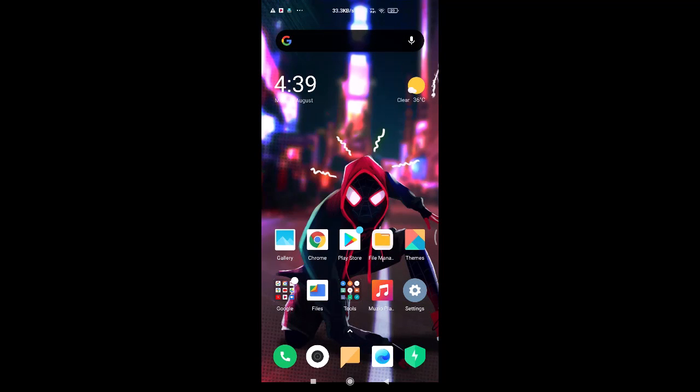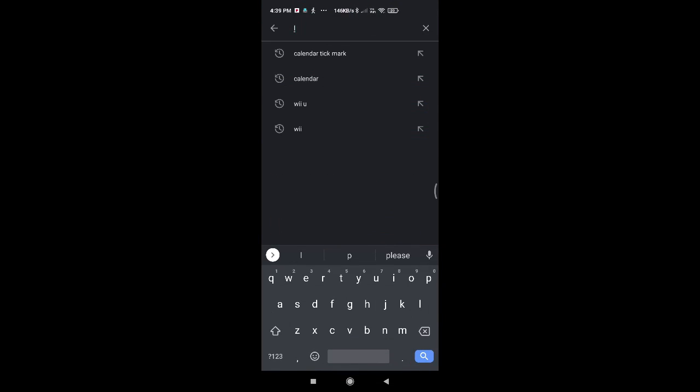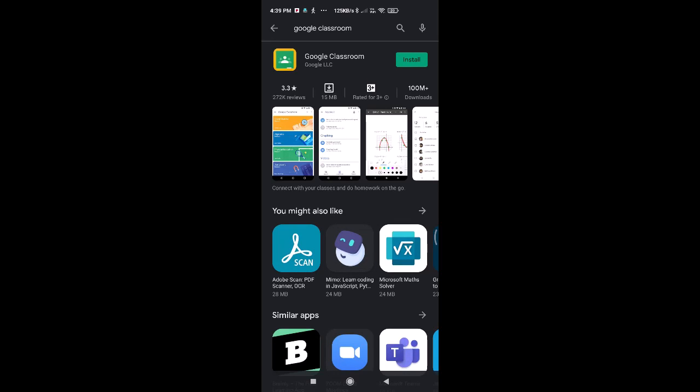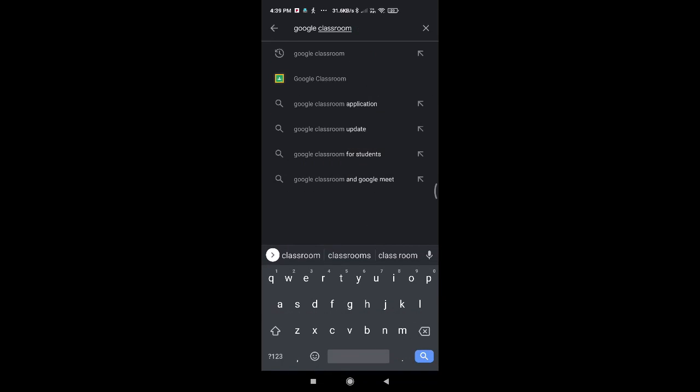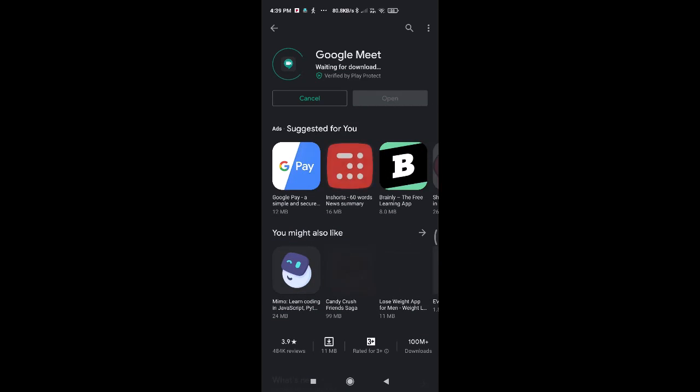Now we will go to the Play Store, and from Play Store we will search for Google Classroom and install it. In the same way, we will search for Google Meet and install Google Meet also.